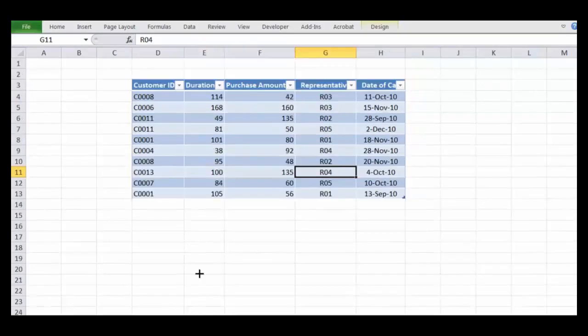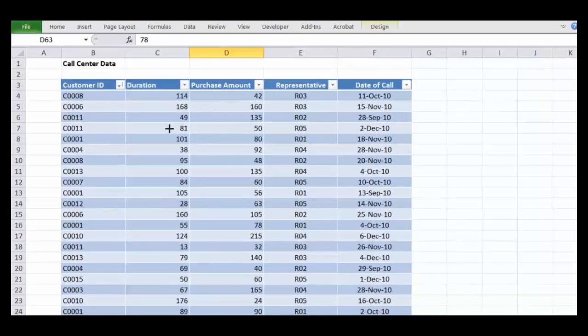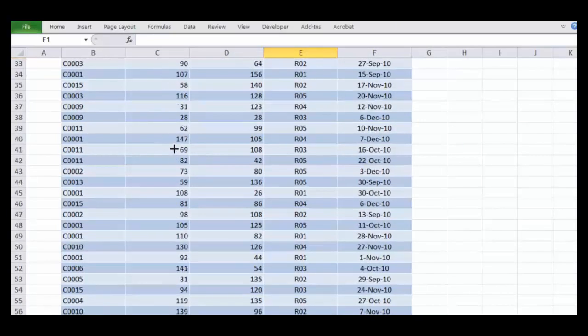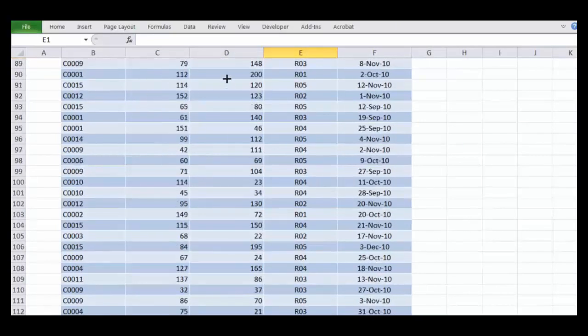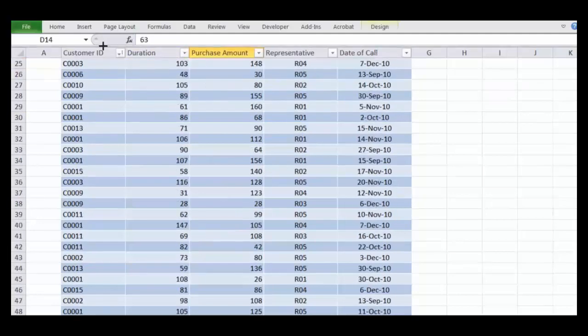It's very useful when you have lots and lots of data. Otherwise, we do not know what exactly this value is. So it's useful to have the data converted to a table.